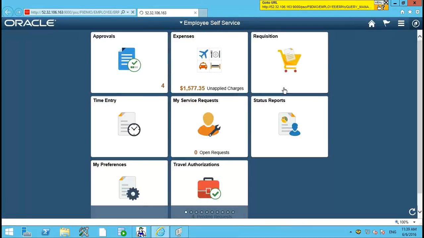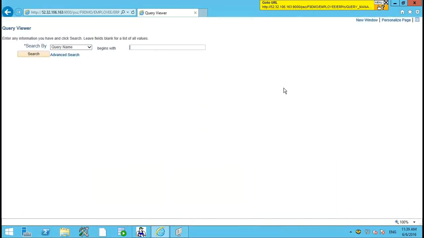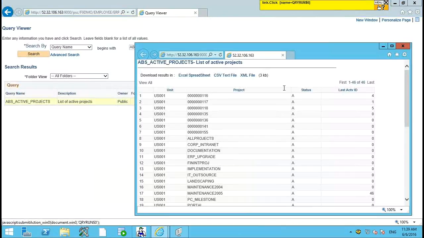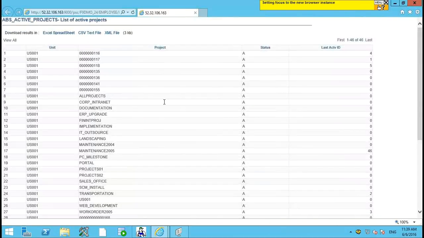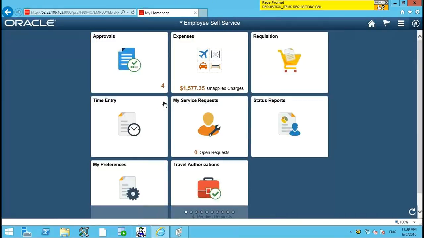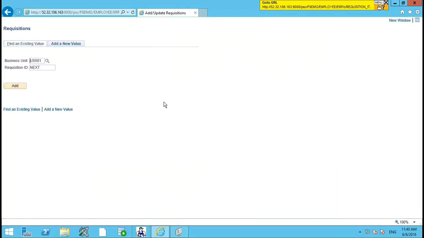Since this is on 855, the login screen, the first screen that you're seeing, was fluid. Now it's moved on to executing the query, which will fetch a list of all active projects. So this is just an example of how you can fetch dynamic data. In this case, it could be active accounts, active projects, relevant business units, anything. It depends on the flexibility that you want to incorporate within your scenarios. Now it's moved on to the second test where it will go and create a requisition.